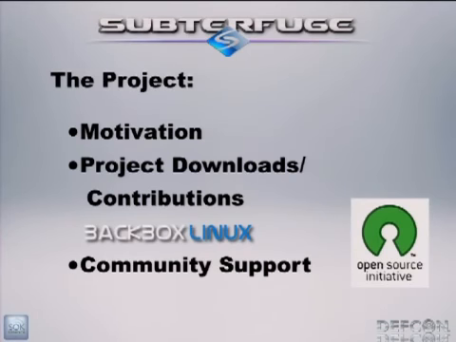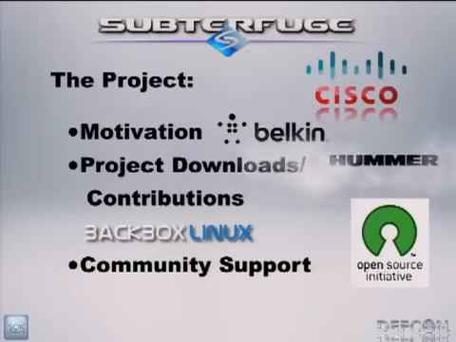So Subterfuge makes it obvious to anybody, no matter how tech savvy or non-tech savvy you are, just how vulnerable you are on the network and exactly what you're getting. So rather than just, oh, somebody's man in the middle, he's seeing my traffic, what does that mean? We actually display, here's what you got, here's something else you got, and there's a real risk and here's the threat. So hopefully that's going to make consumers demand some kind of protection in their routers. And those protections do exist. Router companies just haven't given them out to consumer level routers. So hopefully when consumers start demanding that, router companies like Belkin and Cisco and